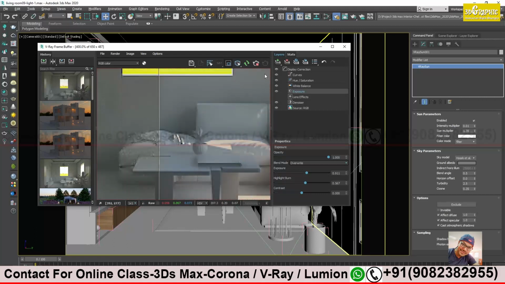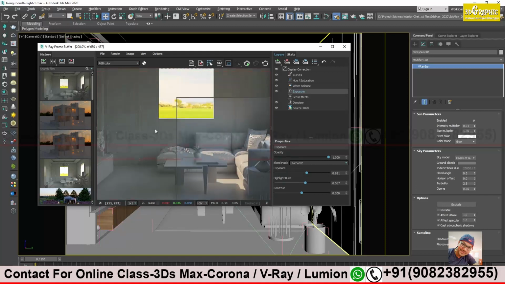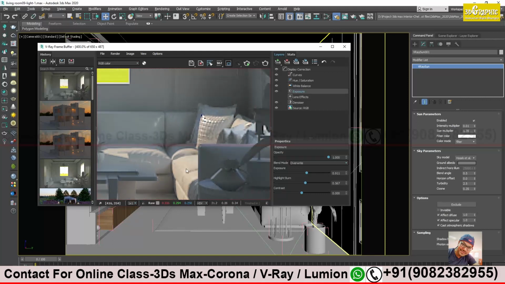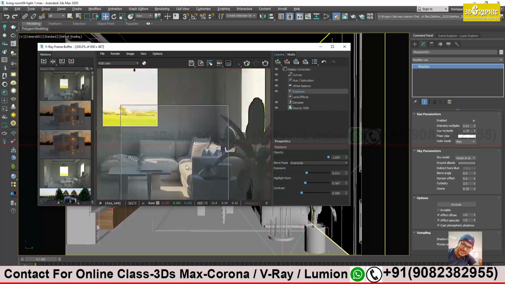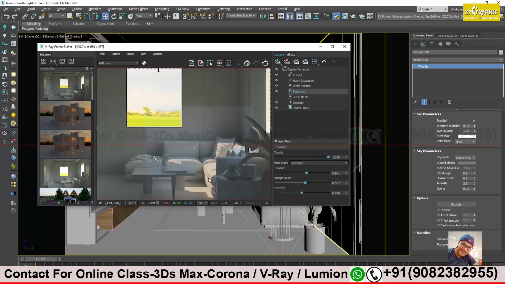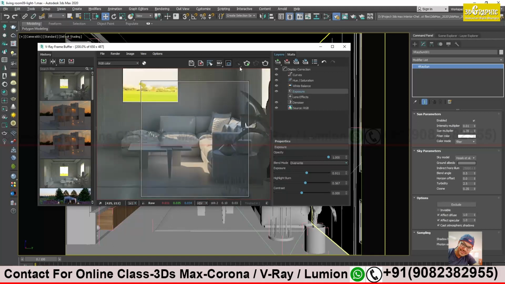You see the difference? I just stopped my render. There is more light added. There is proper shadow coming over here. There is brightness over there, and you see the light distribution over here. Just let me render completely. So I'm happy with the light intensity. That's only what I have to check. I will render complete. See now.